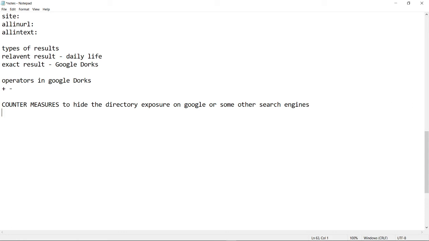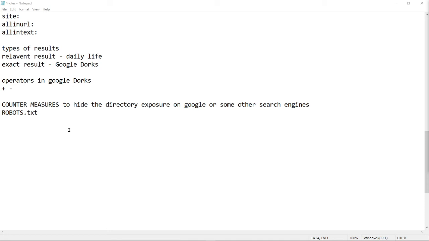The only answer to this is robots.txt. This robots.txt is a simple notepad file, a configuration file, which will be added into your CMS, that is, your content management system. Inside it you specify which contents should be available on search engines when a user searches.